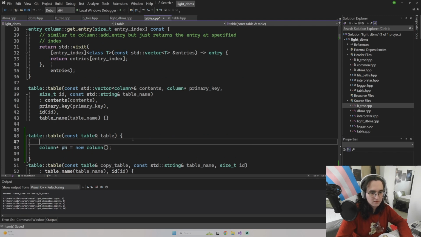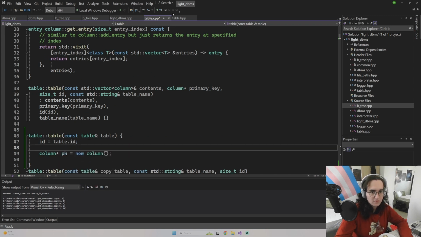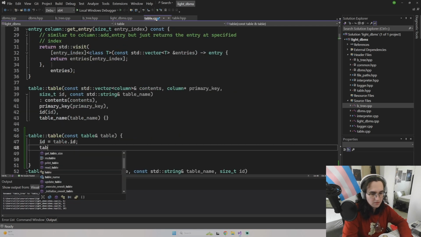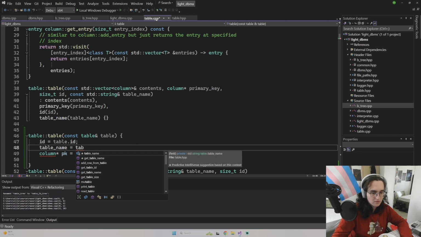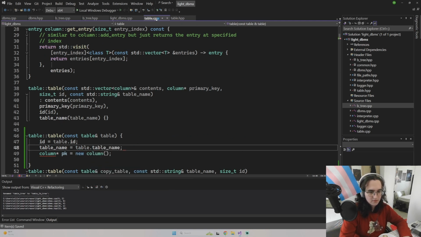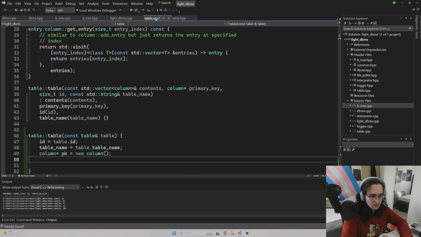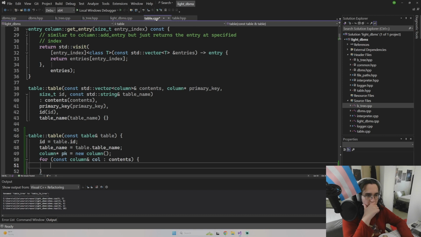Well, first of all, let's get the easy ones out of the way. So ID equals table dot ID, and table name equals table dot table name, right? And column primary key, right? So for const column call in contents, const column call in contents, then